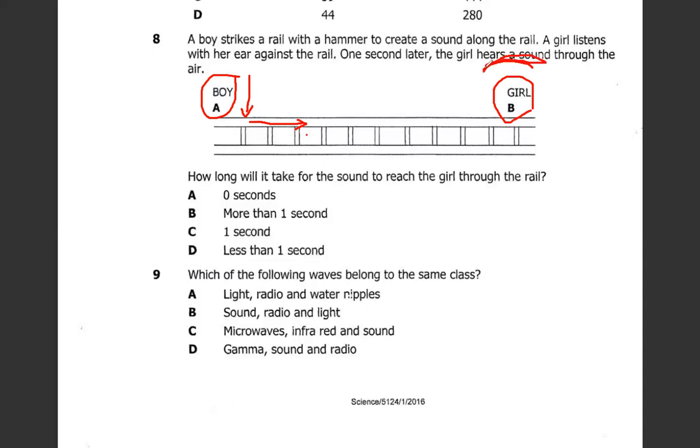So the question is, how long will it take for the sound to reach the girl through the rail? Because she heard it a second later in the air, and we know very well that sound travels faster in solids compared to liquids, and it travels faster in liquids compared to gases. So we expect sound to be heard on the rail